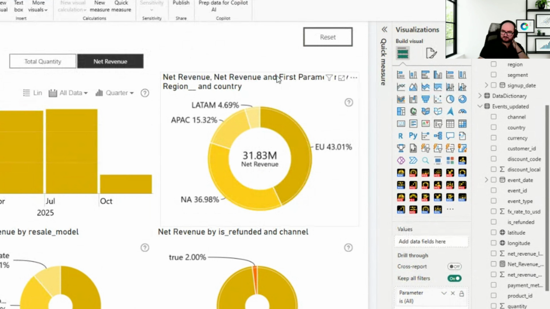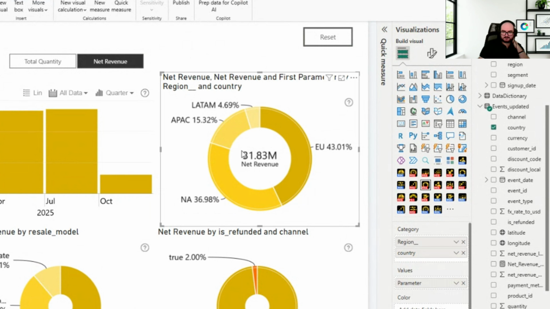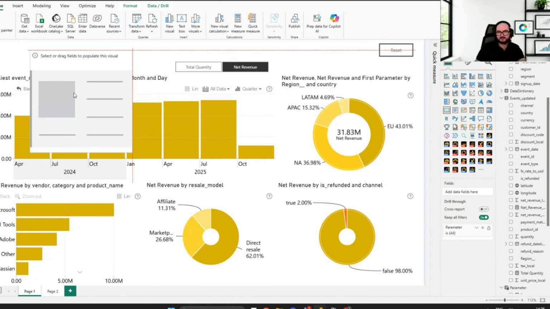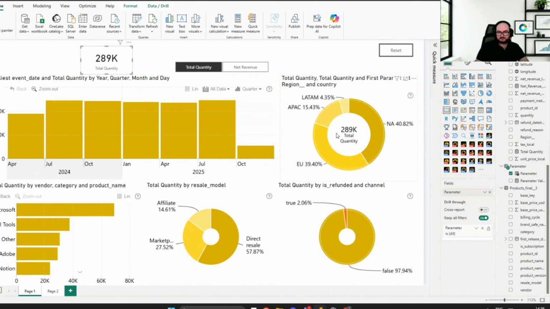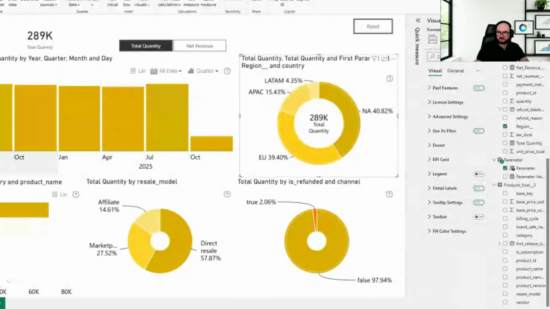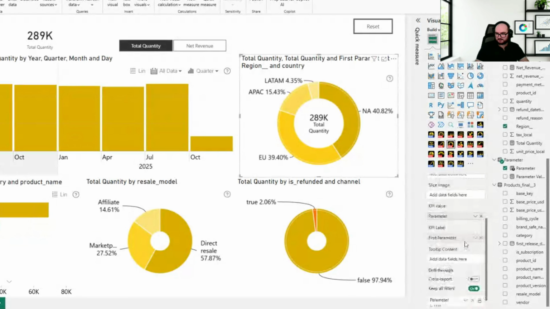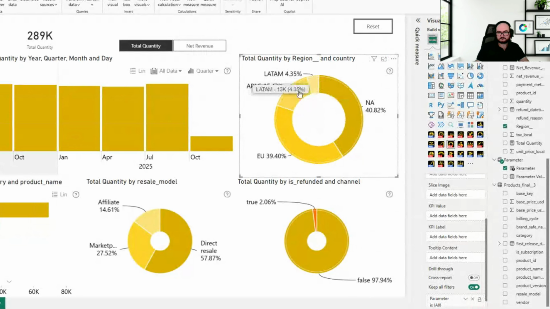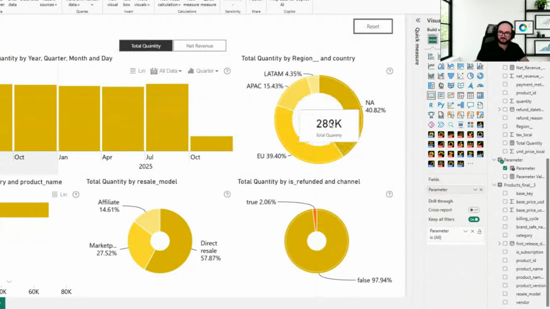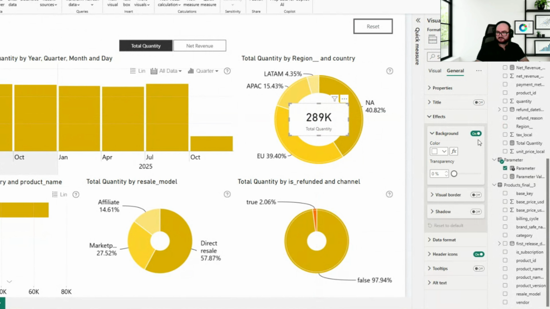One of the features that we did recently introduce within a donut chart is to have a KPI within it. Previously, a lot of the times you were creating a card visual. For example, if I wouldn't have this KPI card in the center right now, I can just remove it for now. You have a blank space. They would put the card here, make it transparent,